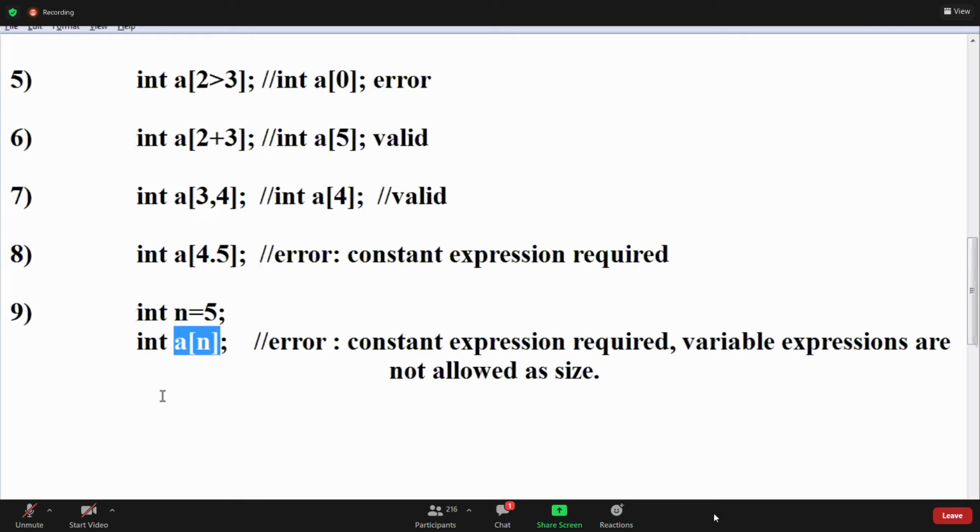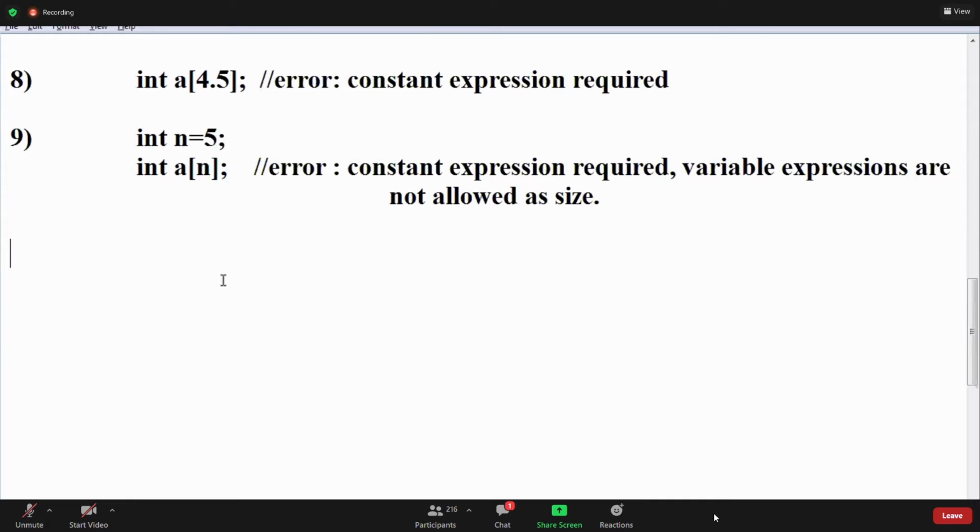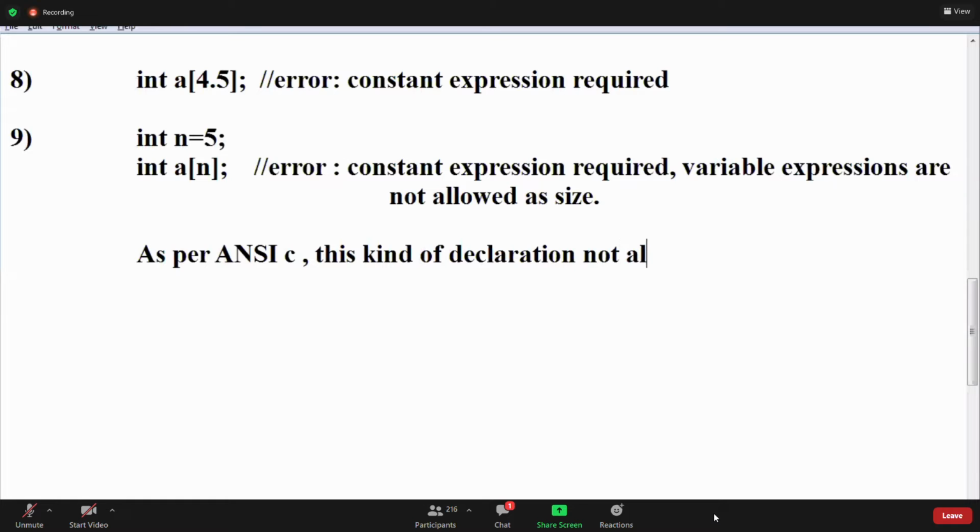But as per ANSI, guys, some compilers accept it. I will show you that also. As per ANSI, this kind of declaration is not allowed. But some compilers accept this kind of declaration. I will show you also.